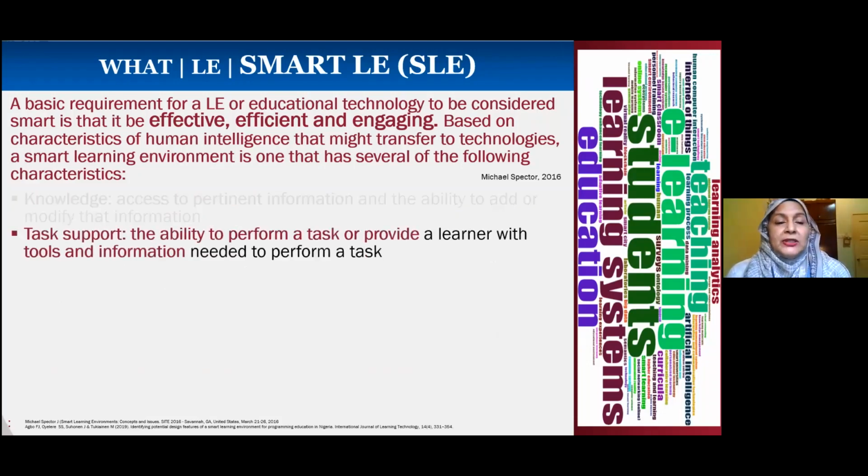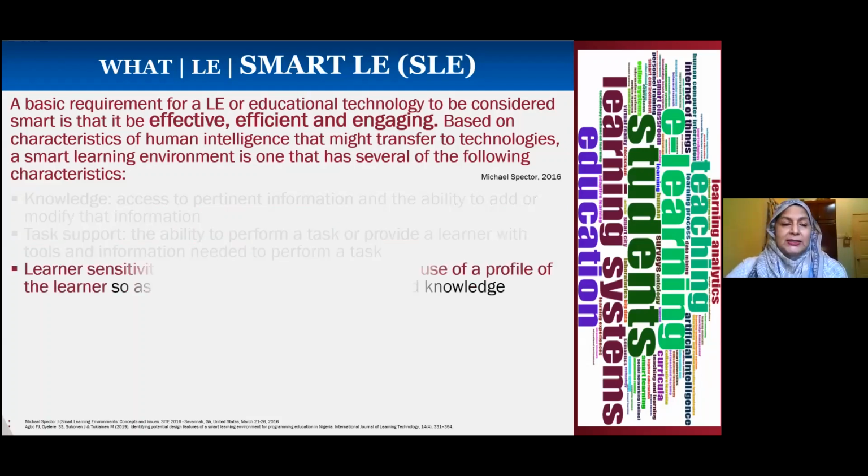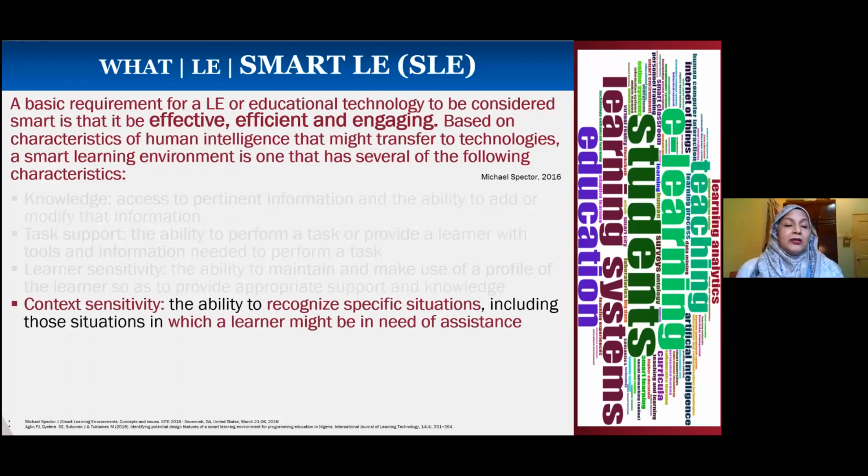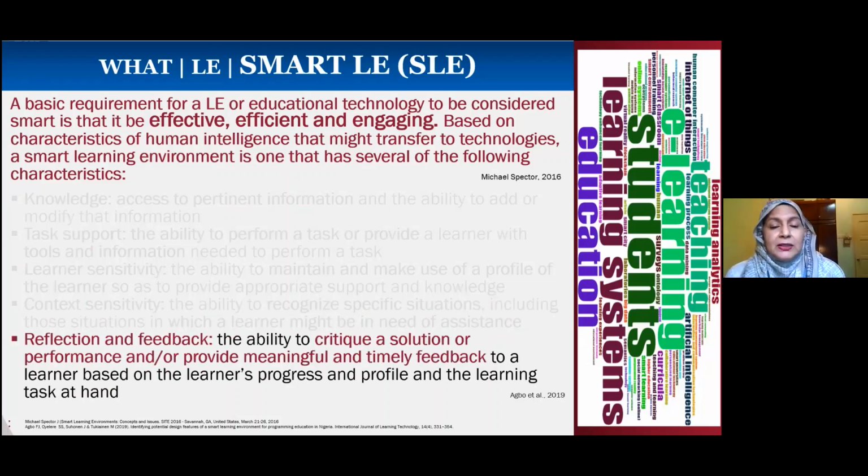It may have task support, the ability to perform a task, or provide a learner with tools and information that is needed to perform a task. Learner sensitivity is taken into account, the ability to maintain and make use of the profile of the learner so as to provide appropriate support and knowledge as and when required. Context sensitivity, the ability to recognize specific situations, including those situations in which a learner might be in need of assessment, where you can do the scaffolding for the students. The reflection and the feedback, the ability to critique a solution or performance and or to provide meaningful and timely feedback to the students so that they can progress in the learning